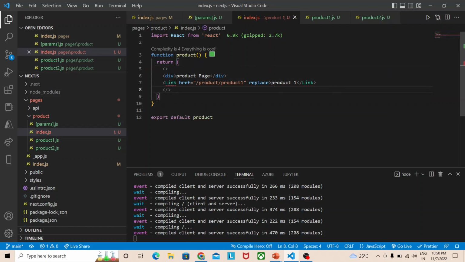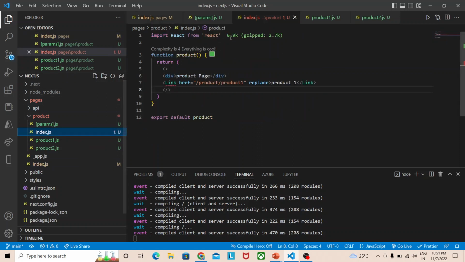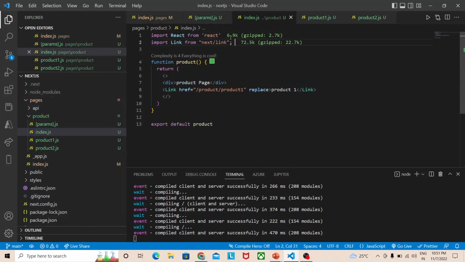So if we achieve this, now we have to import the link tag, and I have provide this replace. First of all, I'm going to remove this replace, and